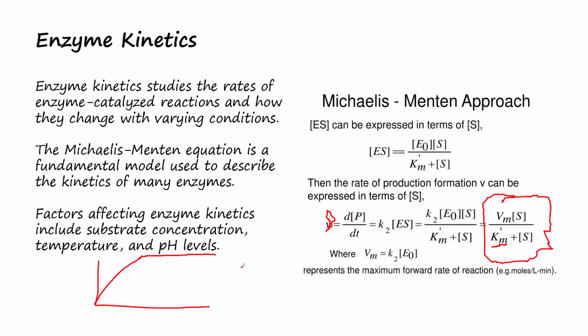Then there are factors that can also affect enzyme kinetics. Increasing the substrate concentration can increase the speed of the reaction. Also, increasing the temperature can increase the rate of the reaction. Also, increasing the pH. But generally, most of these enzymes are specific in terms of their temperature and pH. Most of the enzymes work maximally at our body temperature, which is